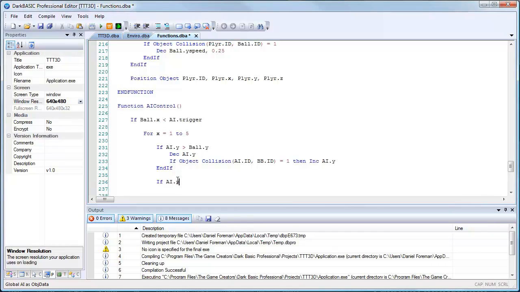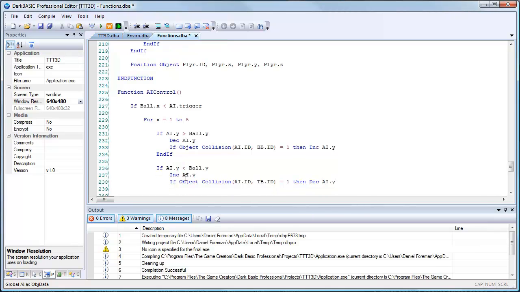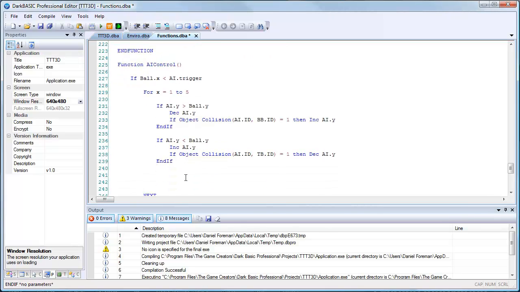So if ai.y is less than ball.y, then we want to increase ai.y, the position of the pad, and we need to say if object collision open bracket ai.id comma tb.id close bracket equals 1, then dec ai comma y. So again, exact opposite of what we're doing, but then we're doing less than, so that's not surprising. And we need to finish up with an end if, and finish up with the